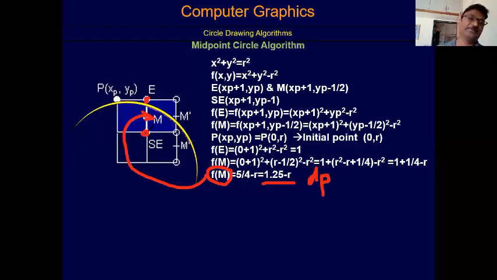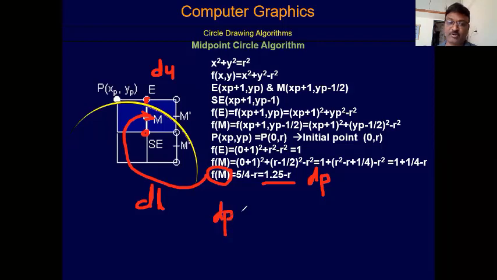In a similar way, just as you have already learned in Bresenham's circle drawing algorithm, here also you have to follow the same approach. Remember, in Bresenham's circle drawing algorithm you calculated D upper, the upper side DU, and here you have calculated D lower. Once you have calculated D upper and D lower, you take the sum of these two, and from that you calculate the decision parameter.